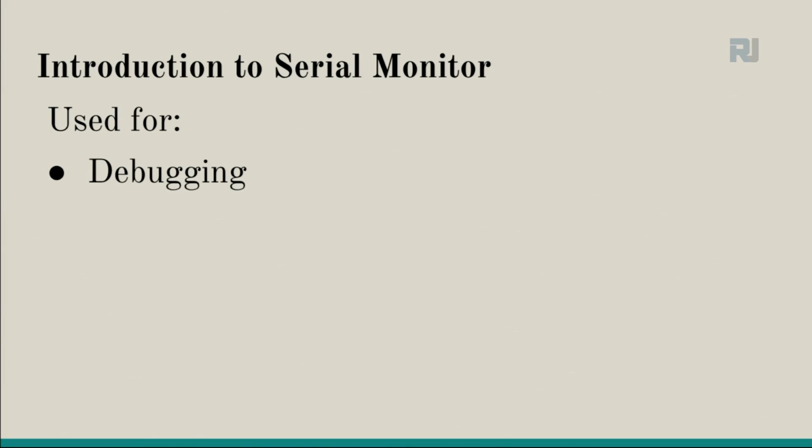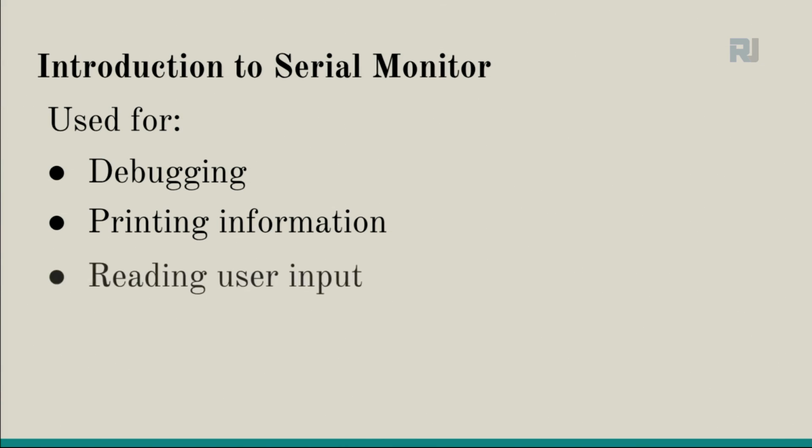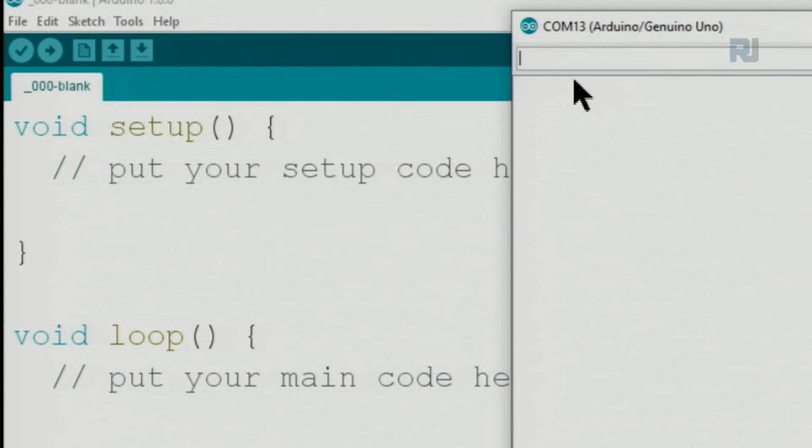It's used for debugging, to find out the problem with a certain section of your code. It is used to print information from the code. For example, you're reading some data or a value, and you want to make sure that data exists or does not exist, or is equivalent to some value. You print it and read it. And also it can read the user input from the serial monitor. Here at the top, the user can input the information,